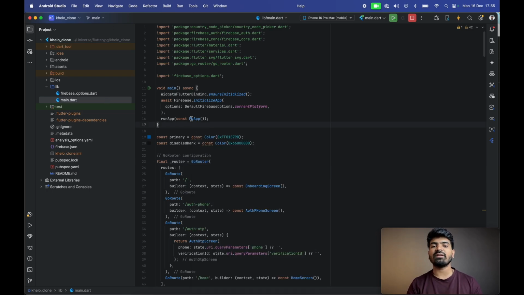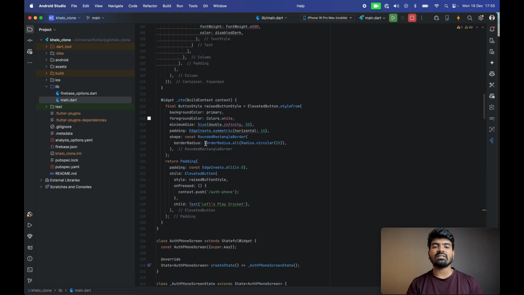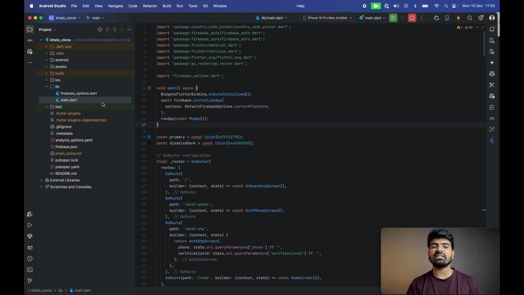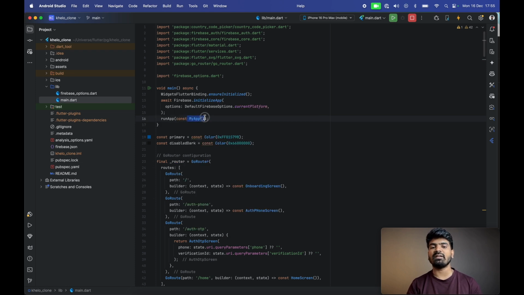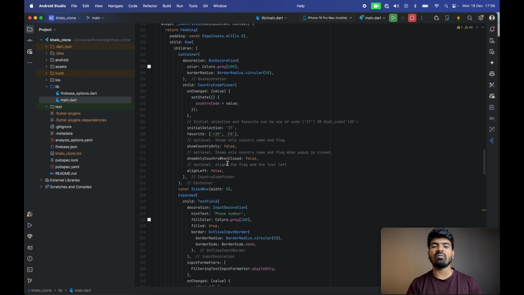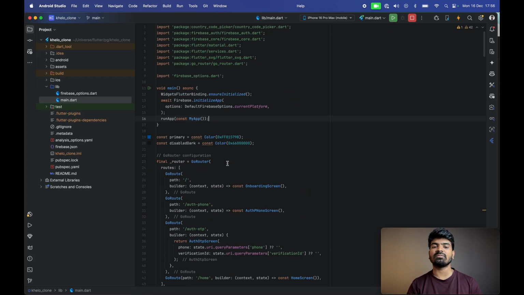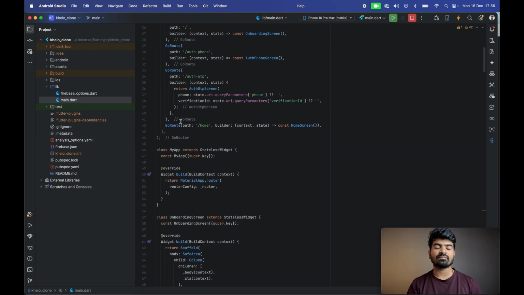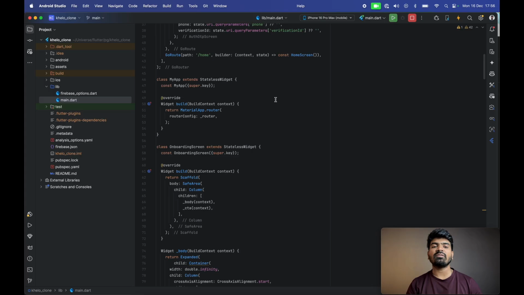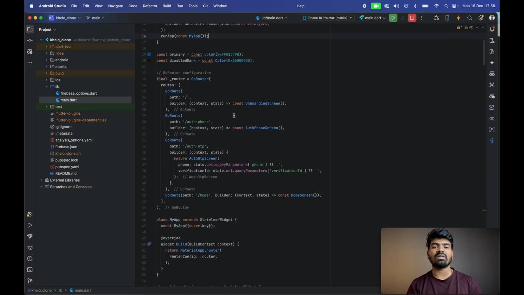So we have this main.dart file here, right? And what we want is that this file's responsibility should only be running this app and nothing else. So we'll do that. What we'll do is we'll move everything else into their own files as per the need. And for that, we'll have to make some kind of architecture decisions, because what happens is